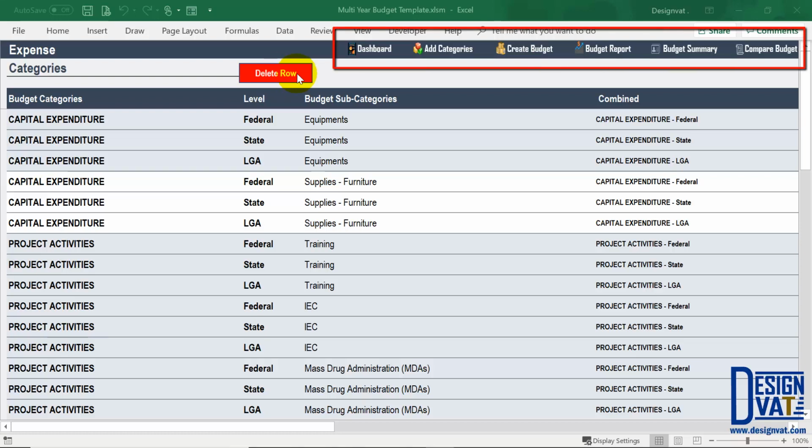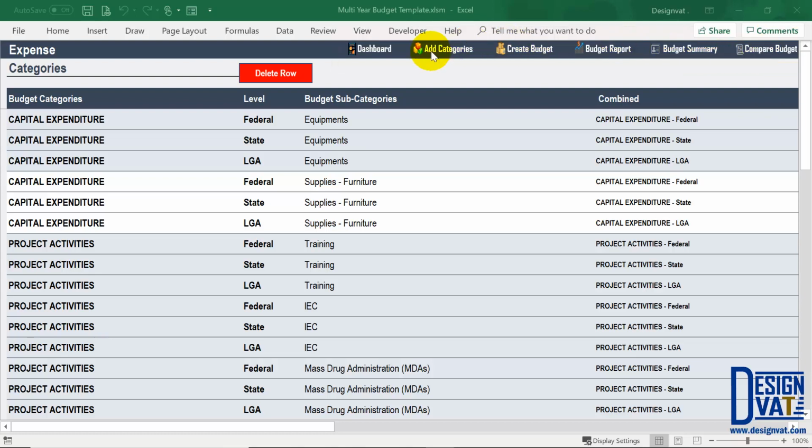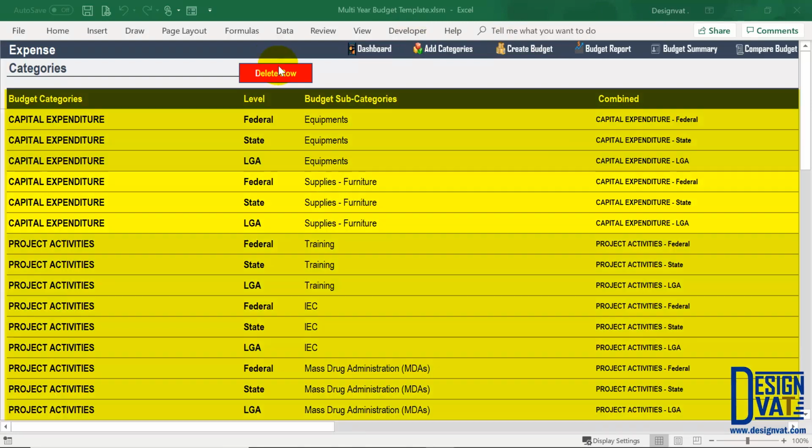Above this, in the upper right-hand corner, we have our navigation pane, and this has several labels. Each label is a button to navigate to a particular section of the template. So for instance, the dashboard label, if I click on this, is going to take us back to the dashboard where we initially started. Below the delete button here, we have our data table, and this is where all expense